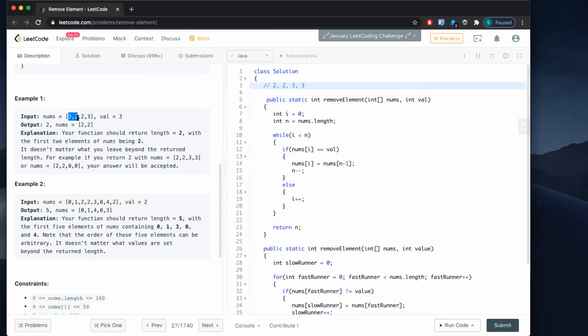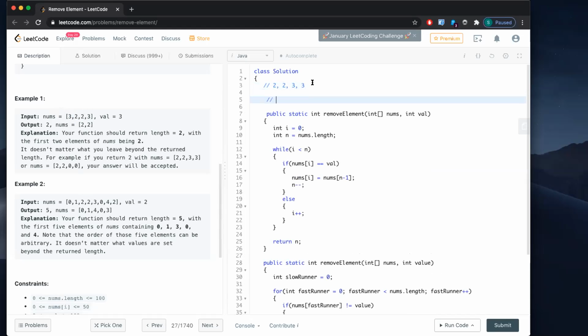So basically what we're saying is n is nums dot length minus how many elements we removed so far. How many elements did we remove? We removed this, we removed this. So nums dot length minus the 2 elements removed gives us 2. So the number of operations is actually equal to the number of elements we want to remove. This trick is really helpful on this example.